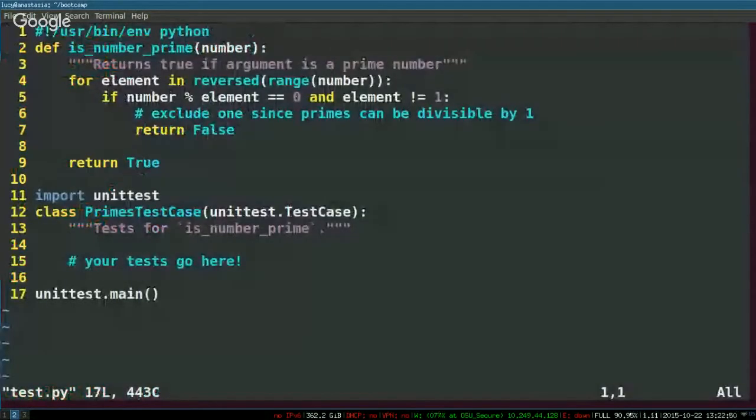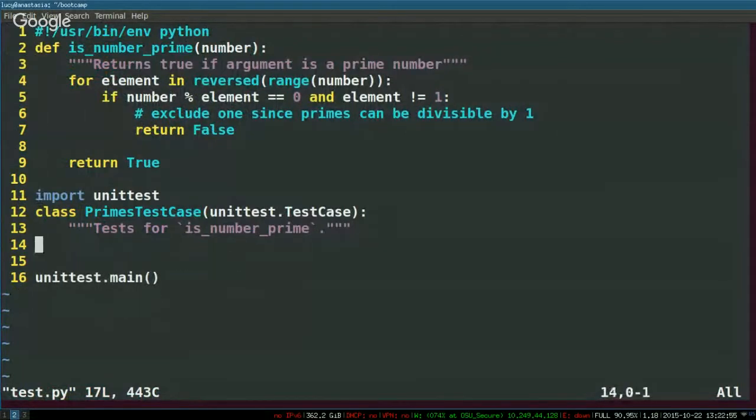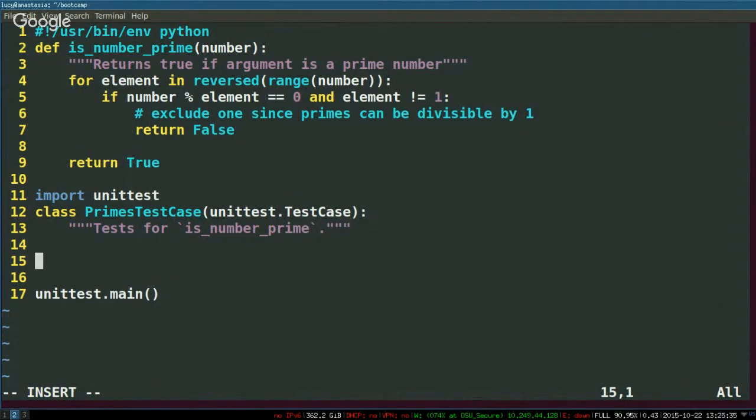Okay, so we're back. This is the test cases. So now we're going to want to write some tests. Unit test uses Python classes to define sets of tests. So each individual test inside the prime test case class is within the same set of tests. So what we're going to do is write a single test, test